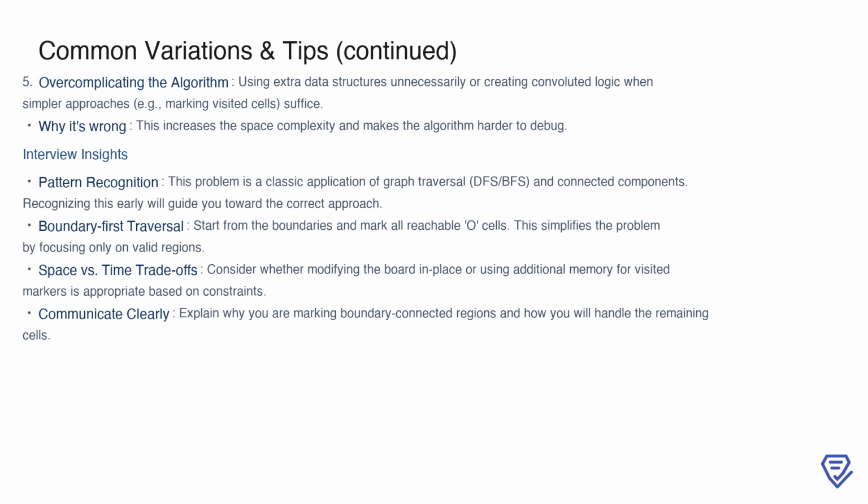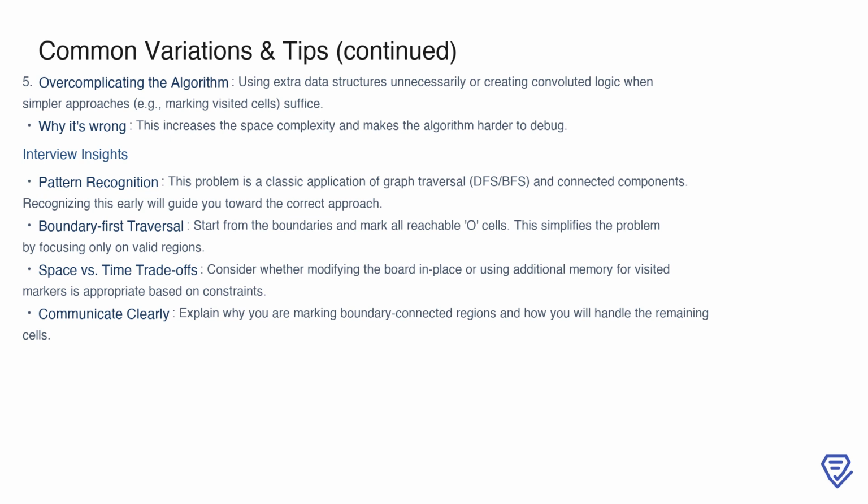When approaching this problem, it's helpful to recognize that it's a classic graph traversal question involving connected components. Identifying this early can guide you toward the right strategy. A powerful insight is to begin with a boundary-first traversal. By starting at the edges and marking reachable O cells, you can simplify the problem by isolating regions that should